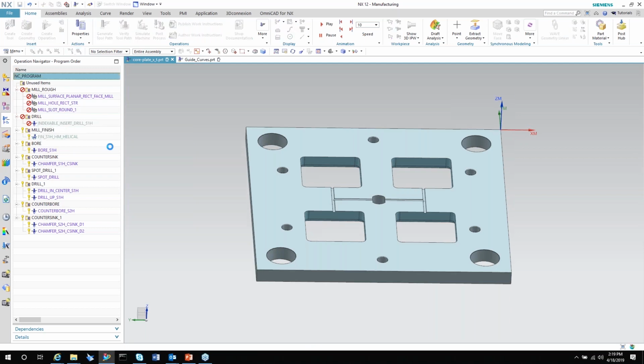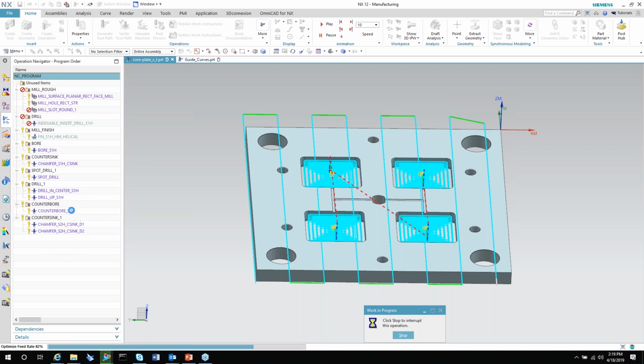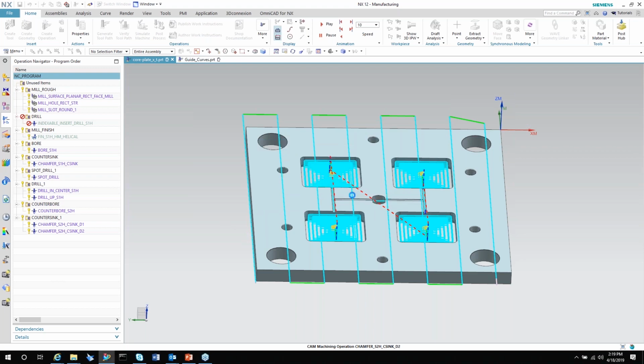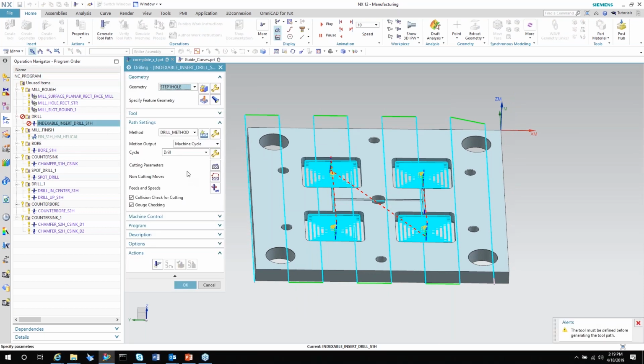Go to the top level, generate. Let this run through and generate those. And in NX12, what it'll show you inside of the messages is that they've stopped processing up-to-date paths. So any of the paths that are up to date, it will not process. So going in here,